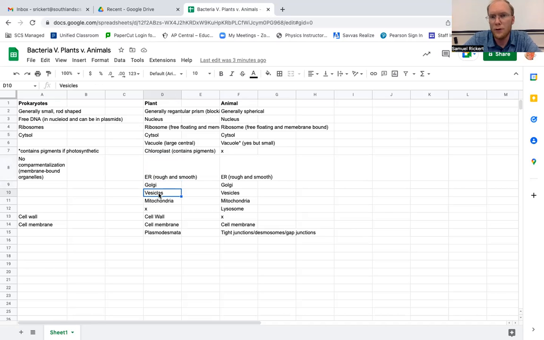And generally, if it was made in the rough ER, it'll be sent to the plasma membrane, where it will fuse with the plasma membrane and release that protein. Some cells will do this much more often than others. For example, the pancreas has a lot of ribosomes and a very large Golgi because it's often making insulin and glycogen, and so it needs more of those. So we can see not only do these